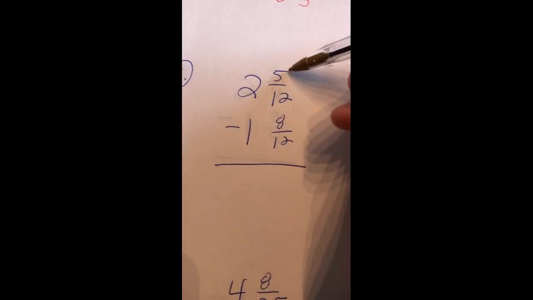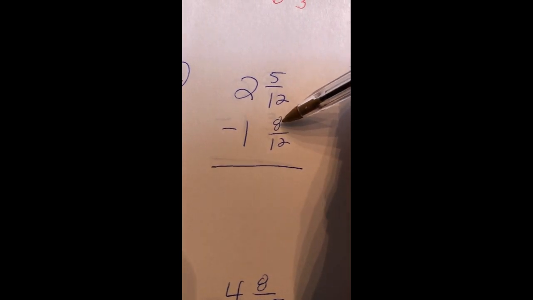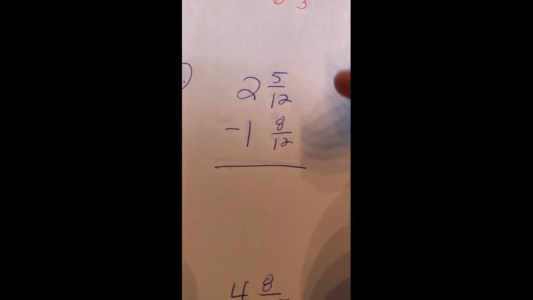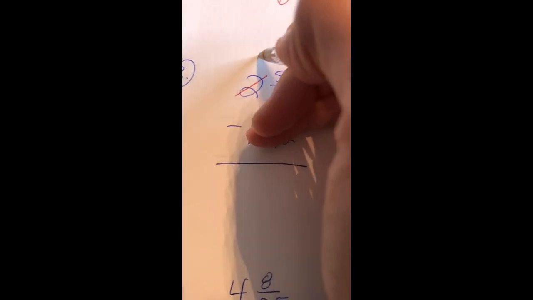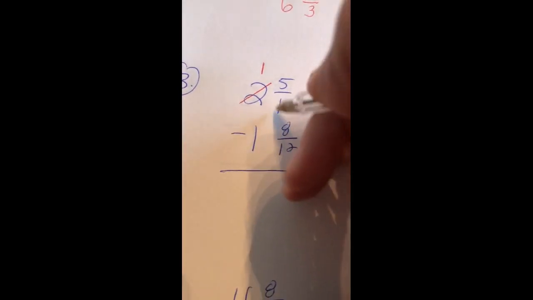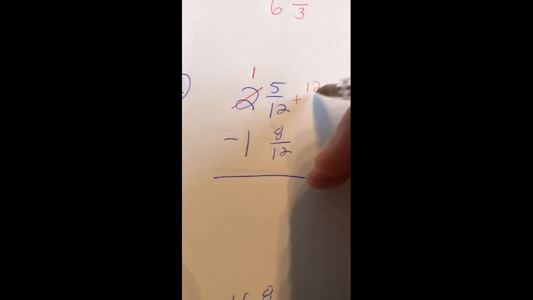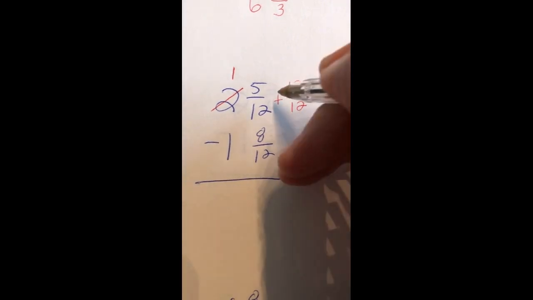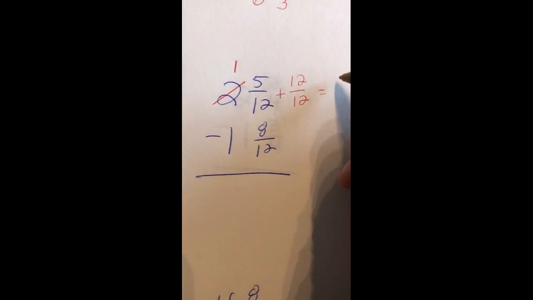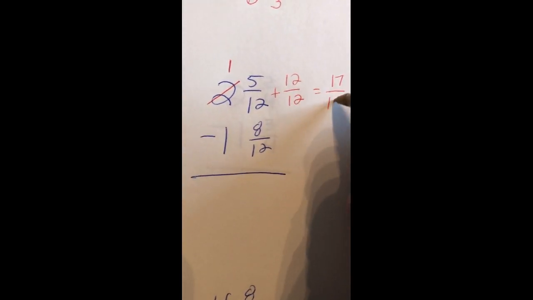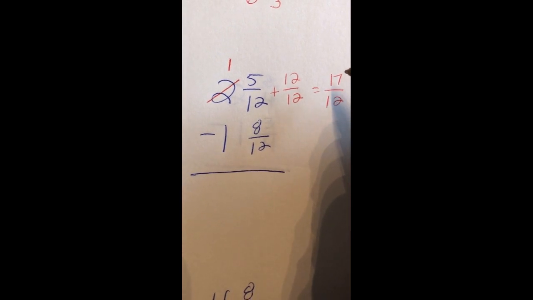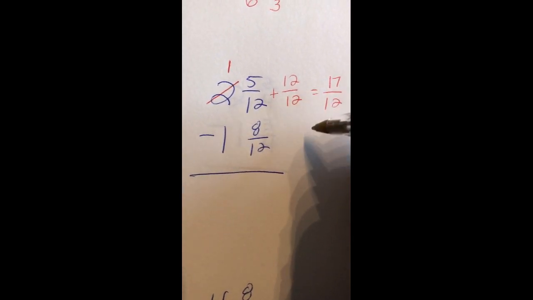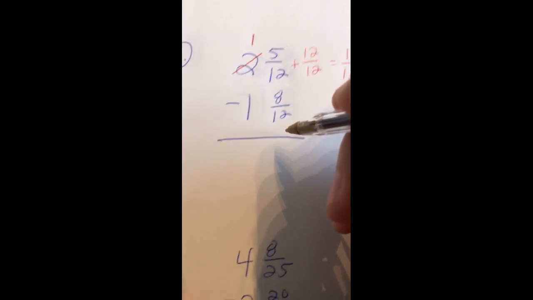Again, we have a common denominator, but I have a smaller number trying to subtract a larger number, and that's not going to work. So I need to borrow from my 2, make it a 1. In this case, I'm using 12, so I'm going to add 12/12 as my whole over here. Now, 5/12 plus 12/12 is 17/12. And now I can subtract. 17/12 minus 8/12 is